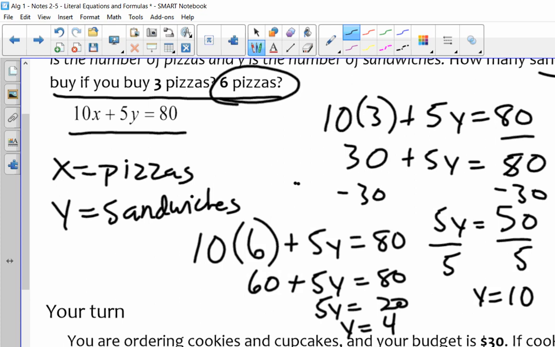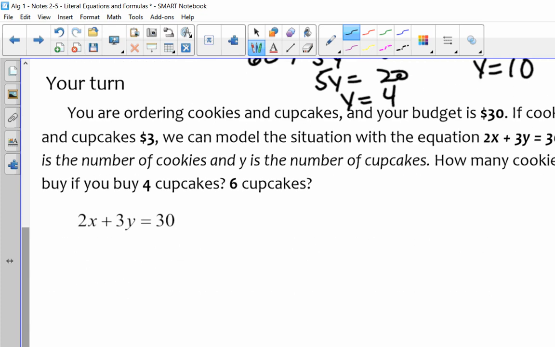Okay, so now I can buy 4 sandwiches when I buy 6 pizzas. All right, so we're going to go here to where you have cupcakes and cookies. I've got $30 to spend, and I can buy a combination of both. They're telling me that X represents cookies